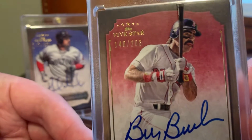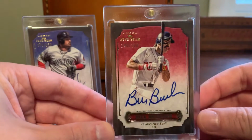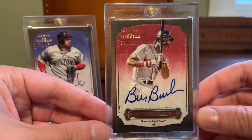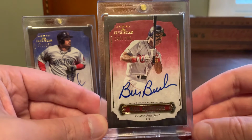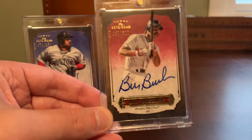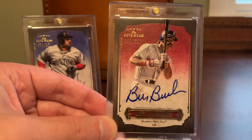A little tough to see there, but it's 208 in the upper corner. Copy number 140. Bill Buckner was a very, very good player that I think gets a little bit forgotten or overlooked by modern day collectors, just because he's not in the Hall of Fame. He didn't have 3,000 career hits or 500 career home runs or an MVP to his name or anything like